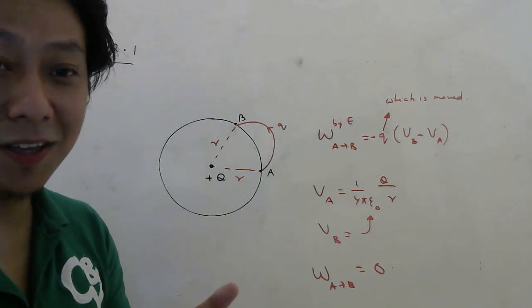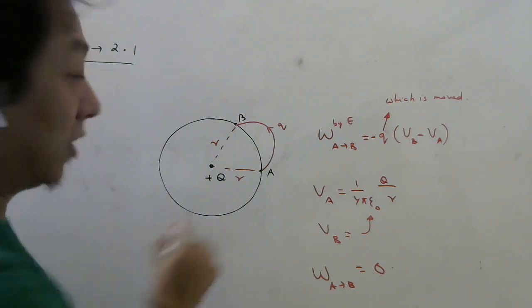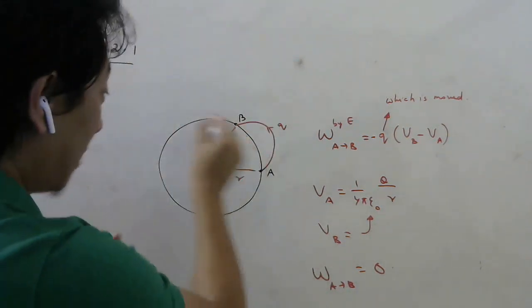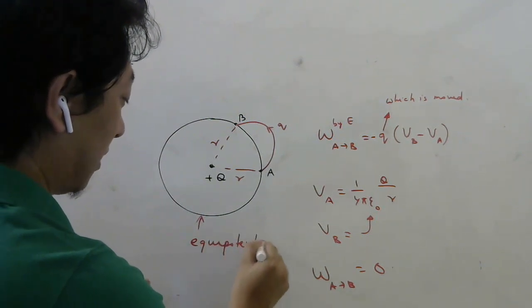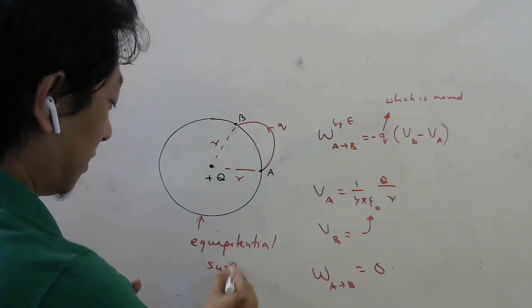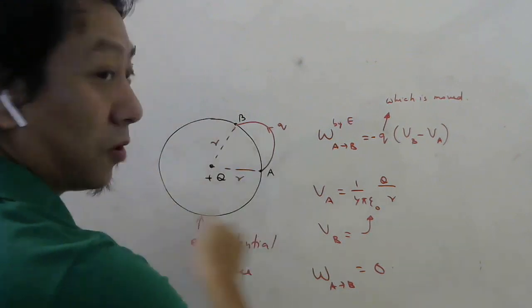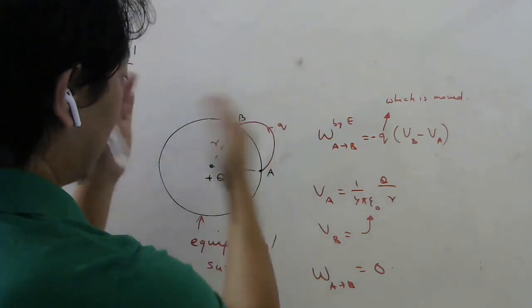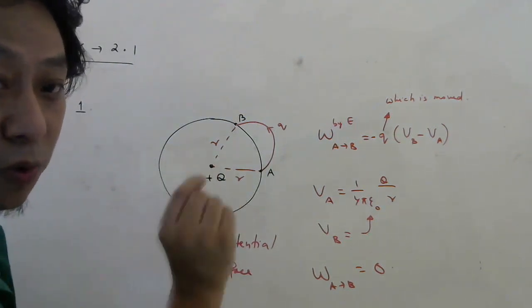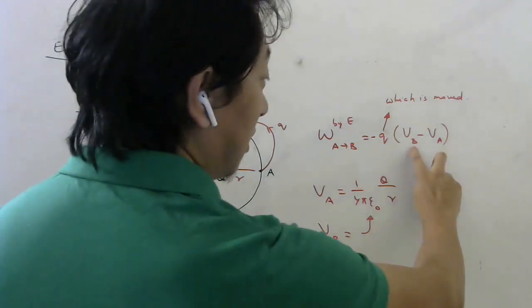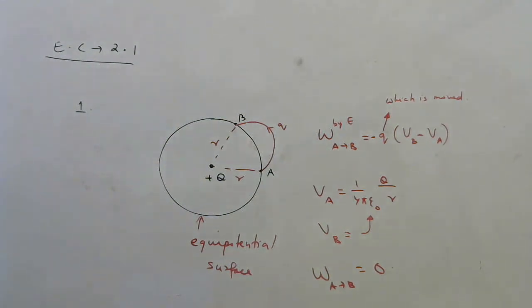Another way of understanding is, for a point charge, what kind of equipotential surface do you get? Spherical. So this is actually an equipotential surface, or you can say equipotential circle. At any 2 points you choose on this line or on this surface, if I think of a sphere, these 2 points will be at what potential? From the definition of equipotential, those 2 points will be at the same potential. And if the potential here and here are the same, then the work done must be 0. Okay students, a very simple question.